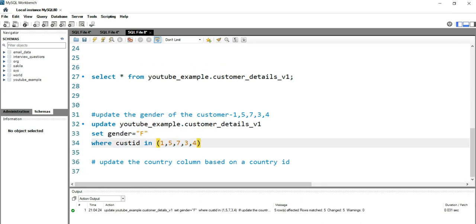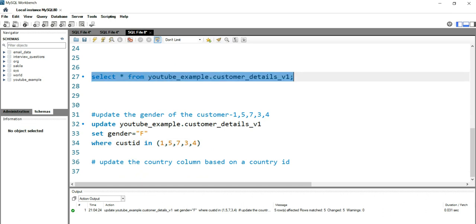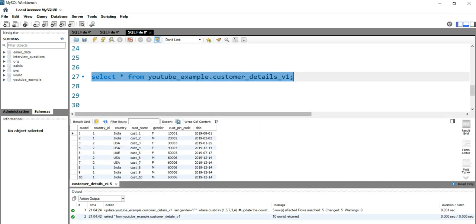As I've run this query, you can see in the output window that 5 rows affected and 5 changed, 0 warning. Now let's use this select star statement to show the table. As you can see here, for customer ID 1, the gender has changed to female.